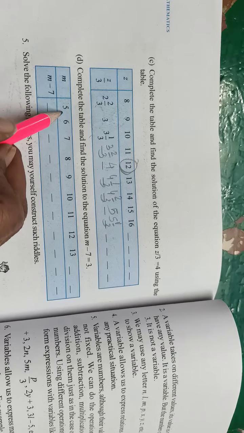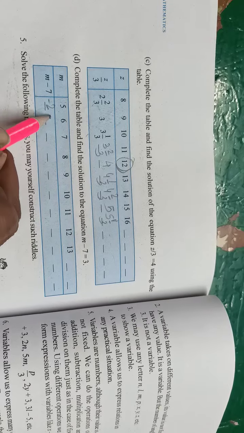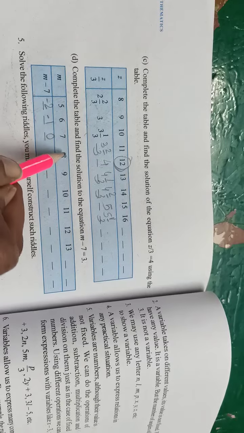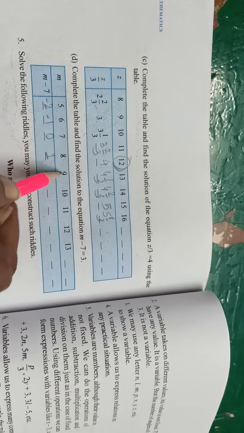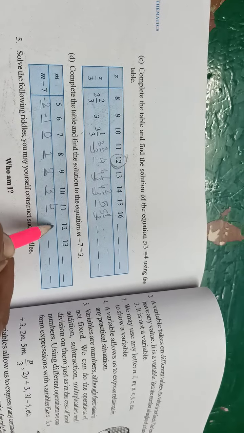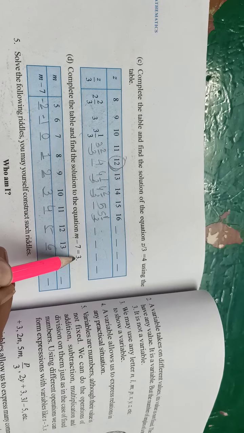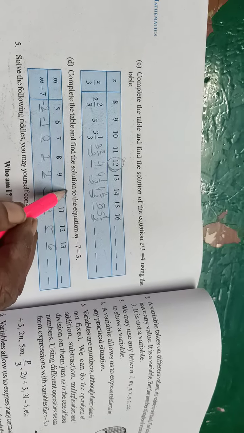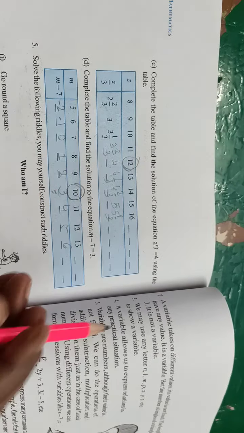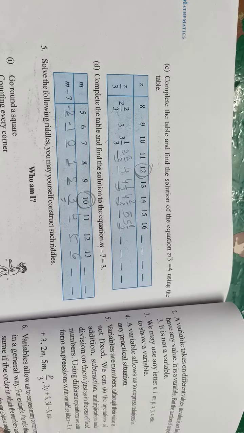If you keep m is equal to 5, so 5 minus 7 is minus 2, 6 minus 7 is minus 1, m is equal to 7, so 7 minus 7 is 0, 8 minus 7 is 1, 9 minus 7 is 2, 10 minus 7 is 3, 11 minus 7 is 4, this is 5 and 6. So for which value of m are we getting the solution 3? That is, if you keep m is equal to 10, your solution is 3. So this way we can find the solution by the trial and error method.